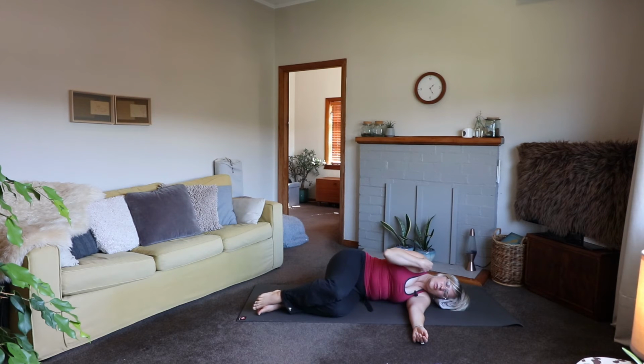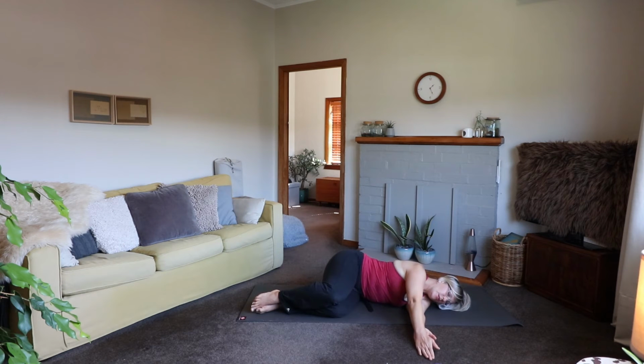Bring your fingertips to your shoulder and draw your attention to your elbow for some circles. Taking a couple more. And reverse it. Two more. And last one, to bring your arms one on top of the other to glide forward